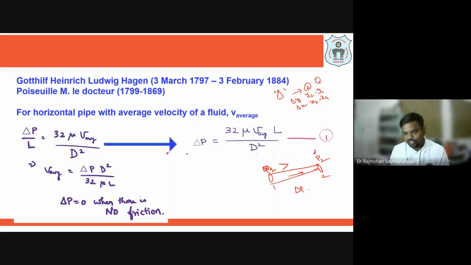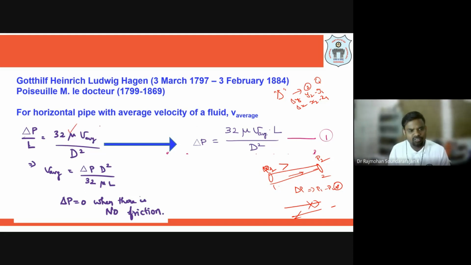Fluid is traveling across this pipe, right? So here delta P refers to P1 minus P2, that we should keep in mind, because if you write 2 minus 1, you will get a negative value. That is just to take care of the direction of the fluid. Whenever we get a minus value for a particular direction of fluid, it means that the flow is not in this direction, it is in the opposite direction. With common sense we will be able to infer that, right? So I am starting with delta P by L equal to 32 mu V average by D square.